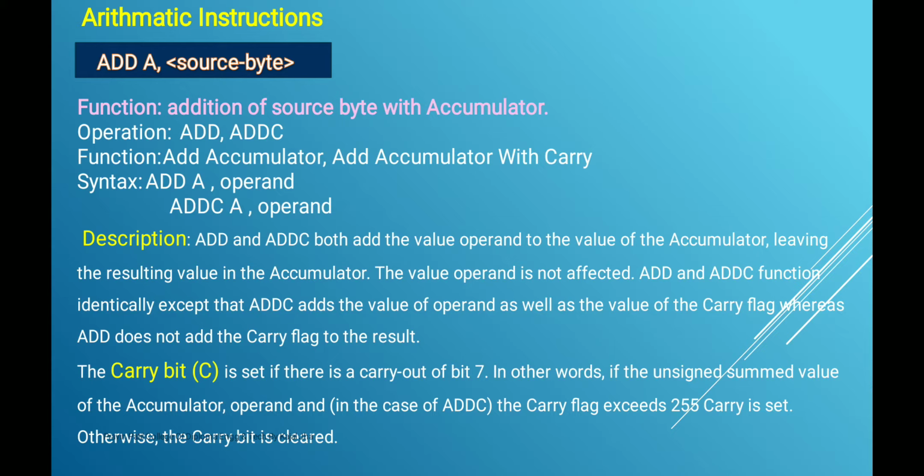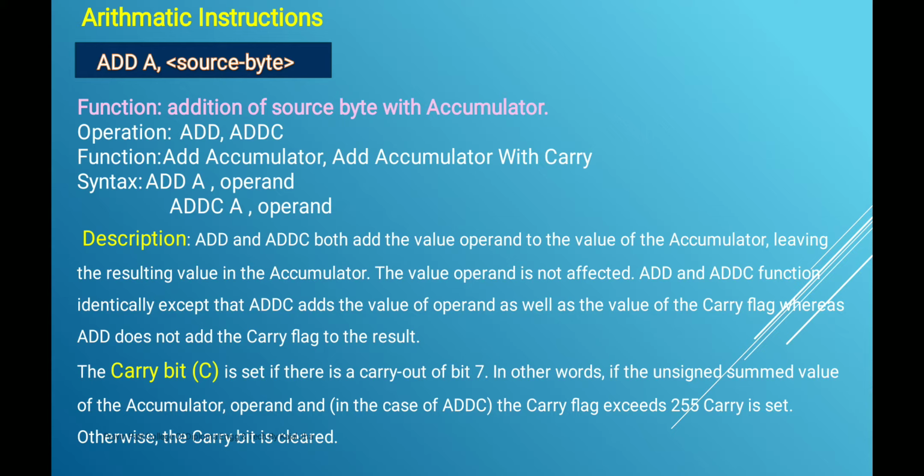First is arithmetic instructions. In arithmetic instructions, there are four operations: addition, subtraction, multiplication, and last one is division. We go one by one. These instructions perform several basic operations like addition, subtraction, division, multiplication, etc. After execution, the result is stored in the first operand.